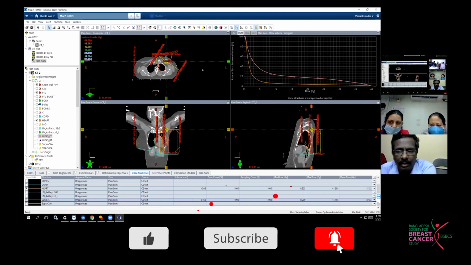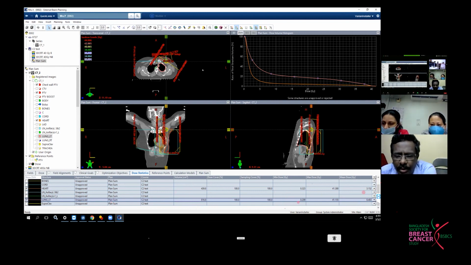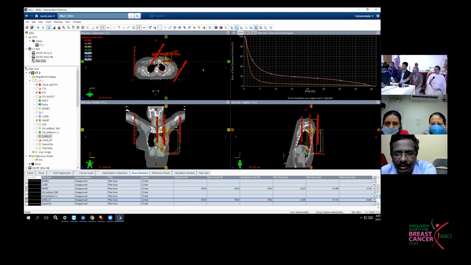Rajesh, what is your take? V20 of 20 to 25 is fine, but most of the time what happens in Bangladesh is they don't put a supraclav field and calculate the lung contribution from that. Maybe they should add that to this. Yeah, so that has to be evaluated in a sum plan. Supraclav field will also contribute to the lung dose, so that also needs to be added and taken into account. Yeah, that is a significant contribution, I would say. And it depends on how much coverage you are accepting, and many things contribute to that.